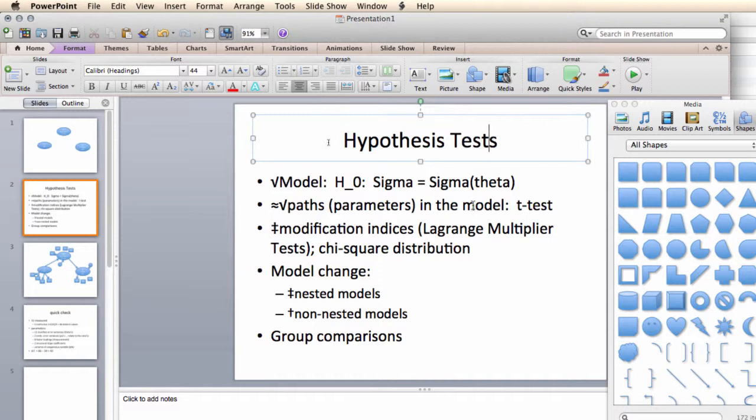Now, we just did the modification index, but that's also the test that we use for the nested models. And that's where you subtract your degrees of freedom, subtract your chi-squared values, and one of the nice things is when you add or subtract chi-square distributions, you just get a new chi-square distribution. Okay? So that's why we can take advantage of that. We're not ready to talk about group comparisons, but we now could talk about non-nested models. So the partial mediation model is nested within the full mediation model. And the way we talk about nesting